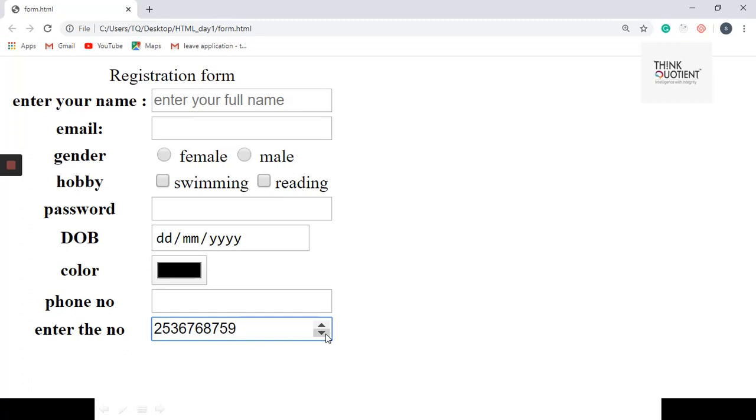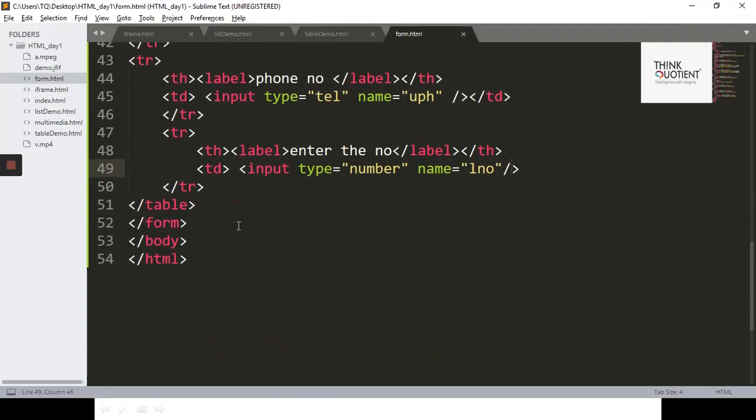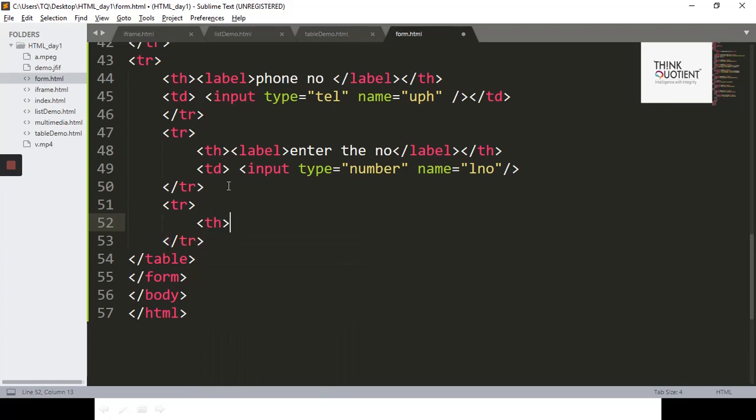So what I'm going to do is add an input type so that I can accept a resume or some file format. I'm going to add a new tr over here, and then a th. In that th I'm going to define this label tag, and in the label tag I'm simply going to say